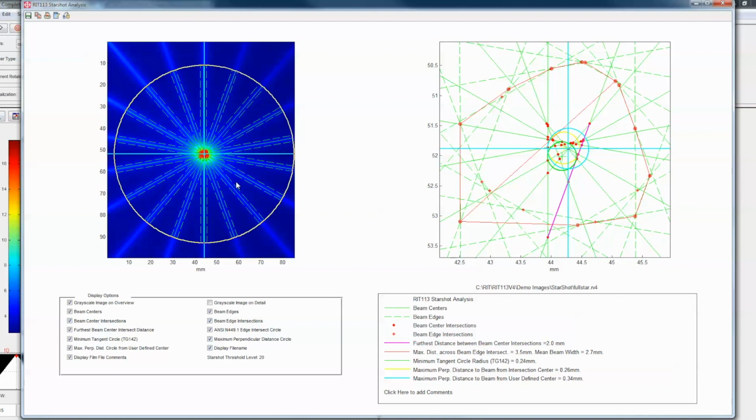Now this analysis window is showing us quite a bit of data, and we probably don't need all of this. For instance, if you're doing this to comply with TG 142, the only measurement of these 5 measurements that you would really need is the minimum tangential circle radius. That's why we put in here TG 142. This is the measurement that they're looking for in that task group report. So if that's all I wanted to see, I could uncheck some of these other measurements,